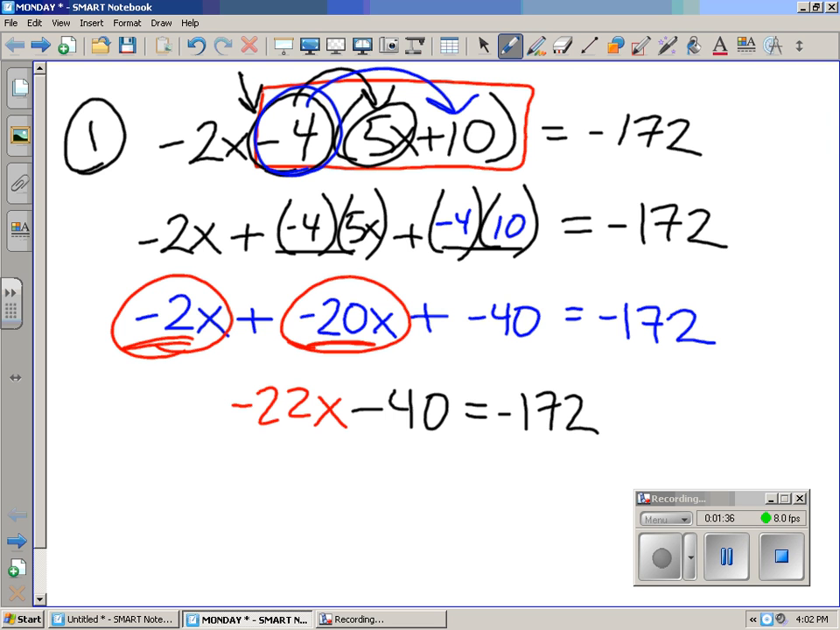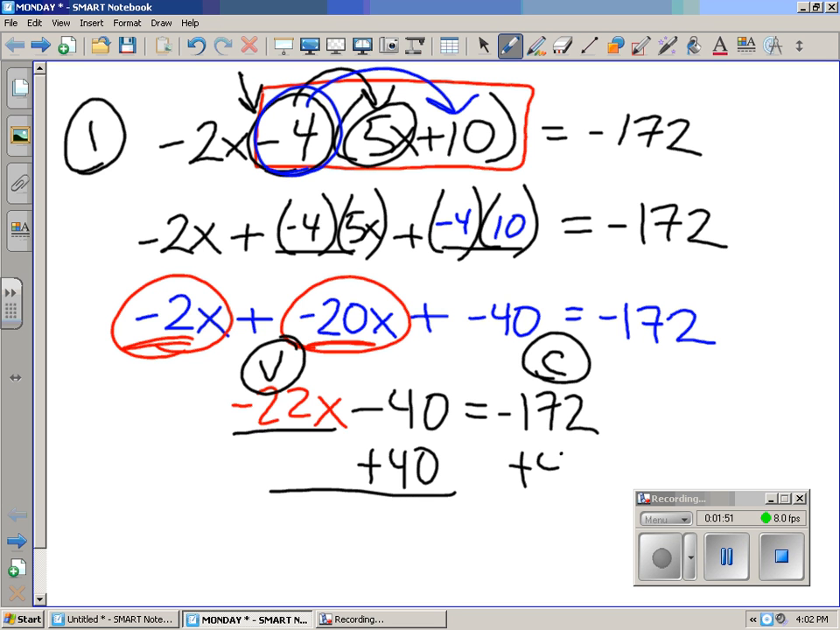The next step is to get all the variables on one side and the constants on the other. So this is going to be the variable side, because I don't want to take an extra step and move it if I don't have to. And I'm going to make the other side the constant side. So I add 40 to both sides. On the left side, I'm left with negative 22x. Negative 40 plus 40 equals 0. And then I take negative 172 and I add 40, and I'm left with